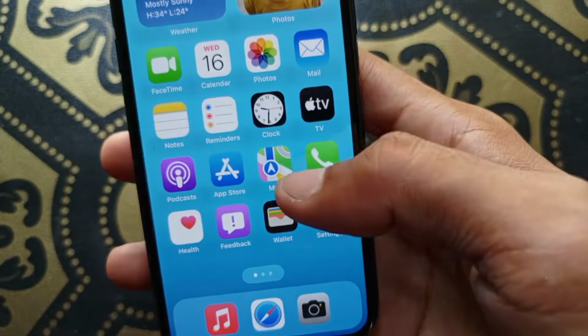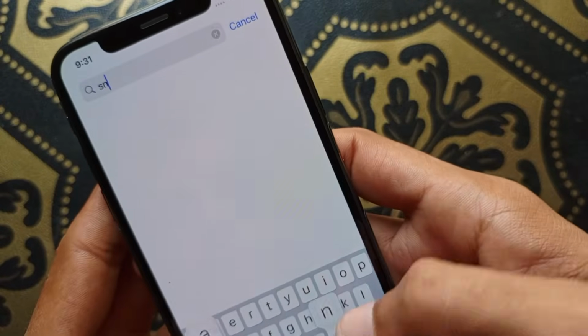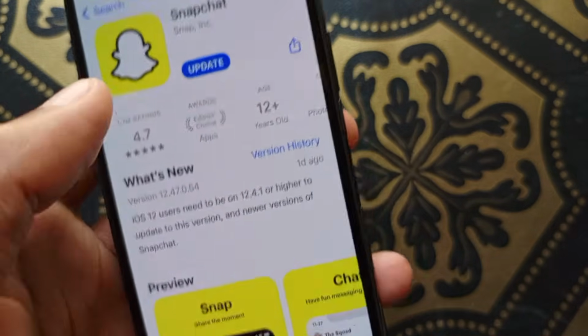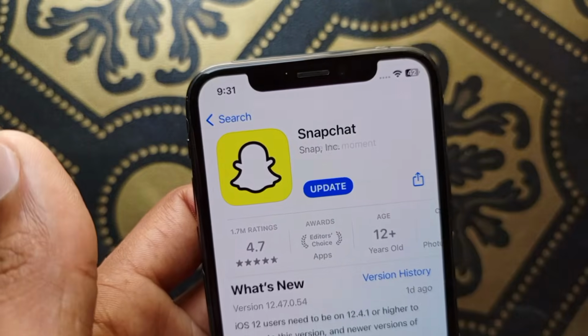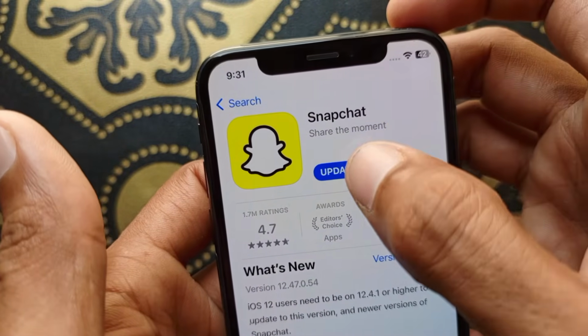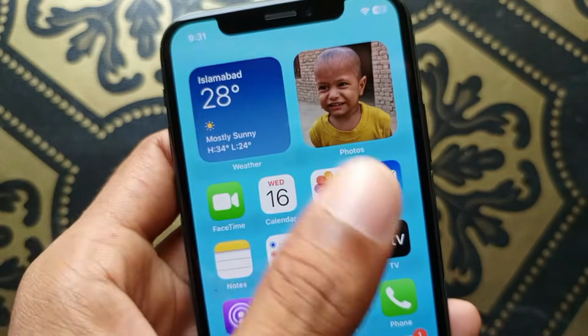And after doing this, you need to open your app store, and here you need to search Snapchat. Click on the Snapchat app and update your Snapchat app. So if your app is not updated, then you need to update it. So here you can see my app is not updated. So first of all, you need to click on update, and after doing the update, you need to go back and